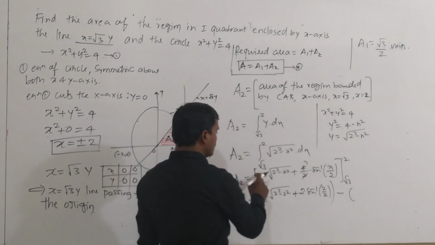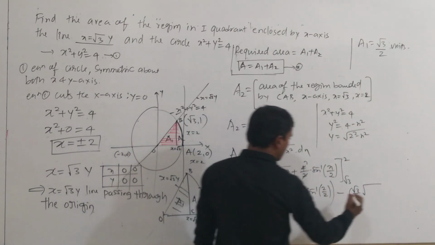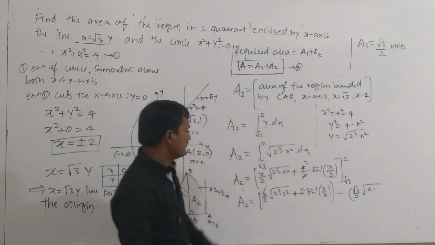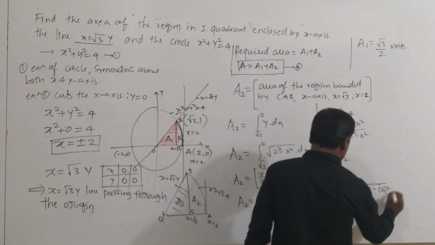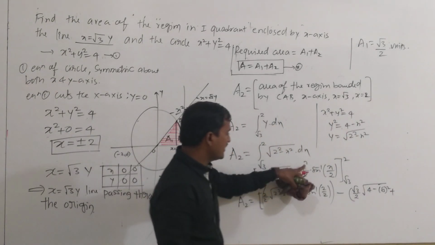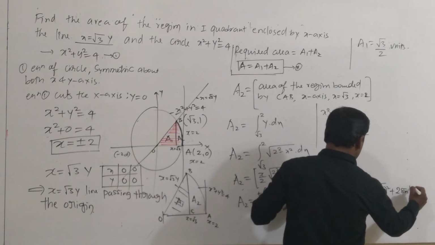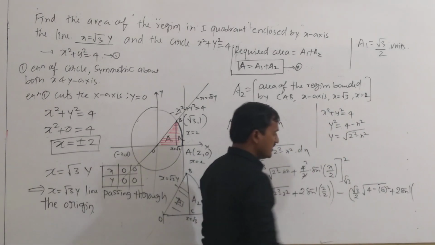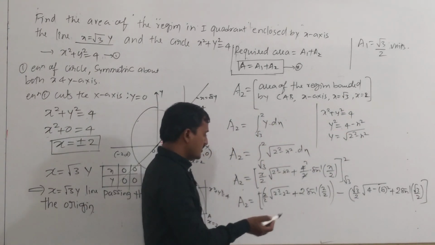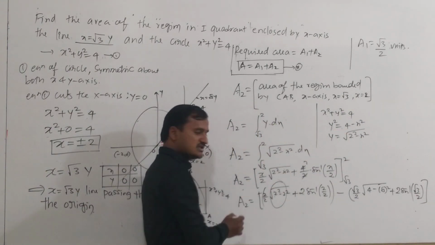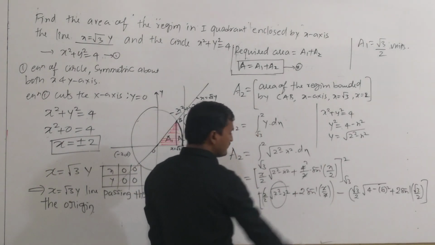What is the lower limit? Root 3. So clearly it is root 3 divided by 2 into square root of 4 minus root 3 whole square, plus here it is 4 upon 2, that is 2, into sine inverse of x. What is the value of x? Root 3. So therefore clearly it is root 3 divided by 2, right? Now here 2 square minus 2 square means this term becomes 0, and here 2 and 2 will get cancelled. Sine inverse of 1 means pi by 2.